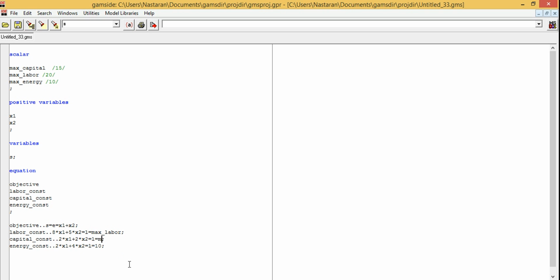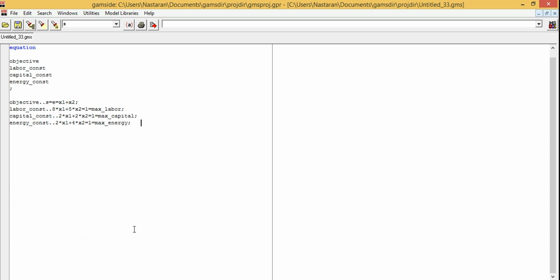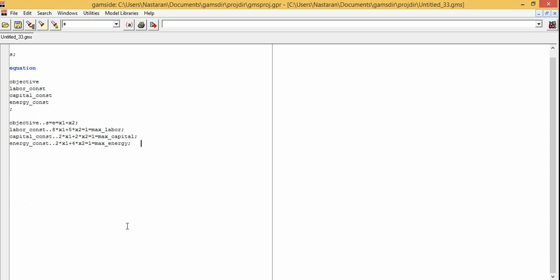Max capital and max energy. Yes, and that's all with our constraints. So let's move on to the next part. So the last part in